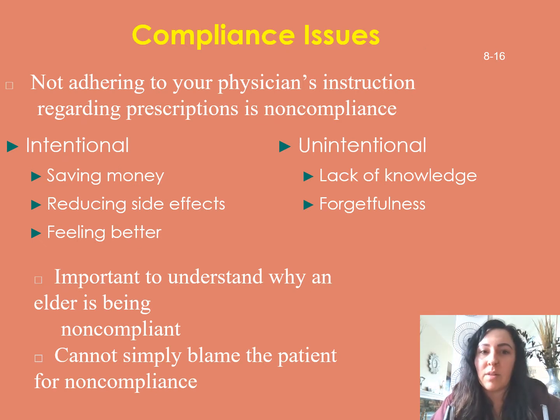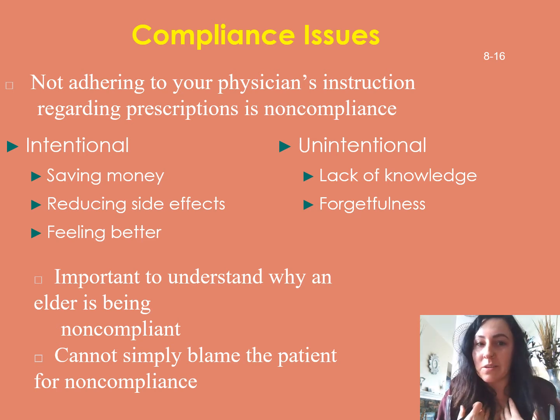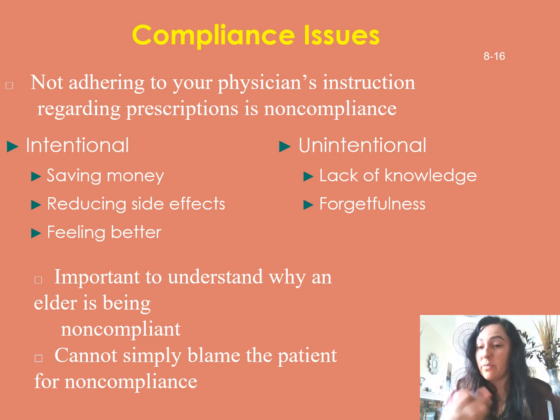Then we have compliance issues. Sometimes people don't want to do what the doctor says, and I get that. Sometimes I don't like to do that as well, but you know, if you're going to